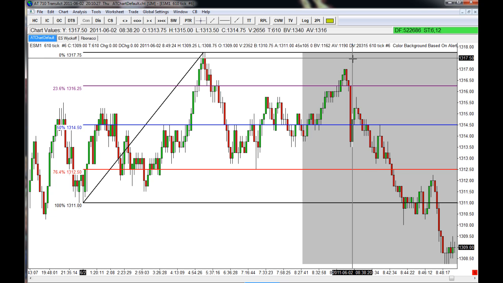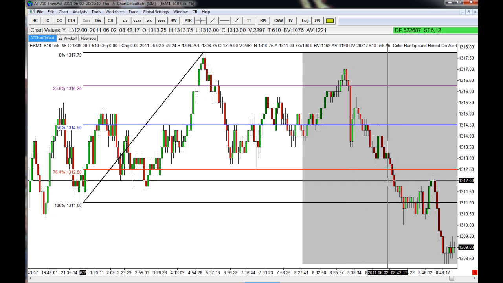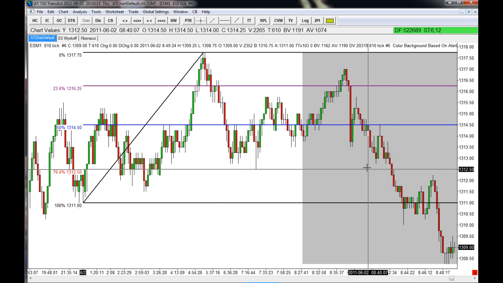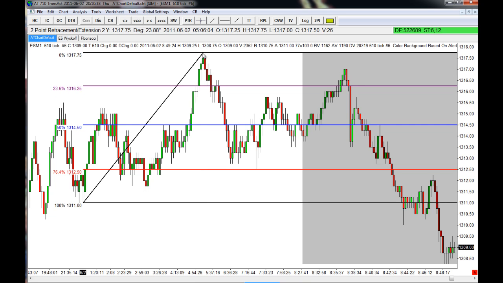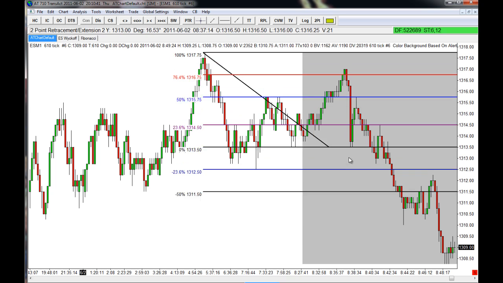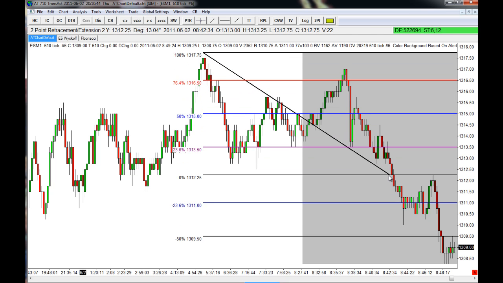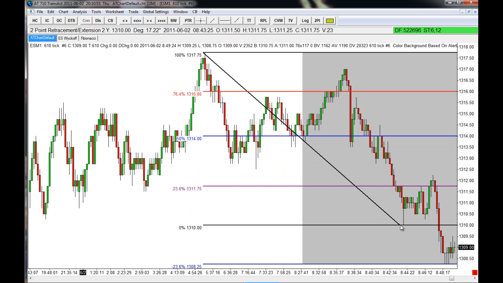Afterwards, price started falling. As you can see, it went through the 76.4% level, so that means I changed the direction on the fib. So I draw from this high to where it broke, which was there. As you can see, price then went through the negative 23.6% level and retraced back to 0. So I would be moving my 0% line all the way over here, and in doing so I see that price has extended too much, or the distance between the pivots is too much,